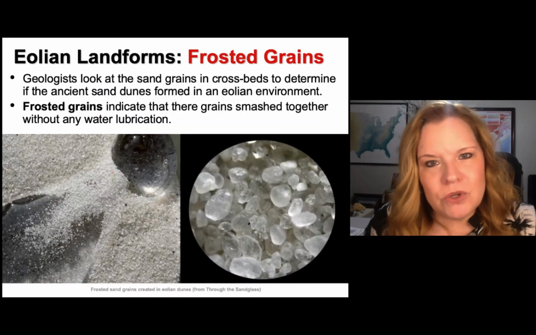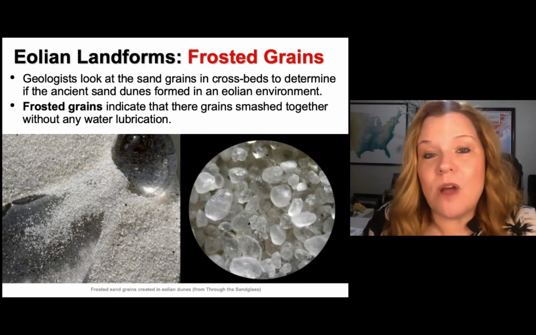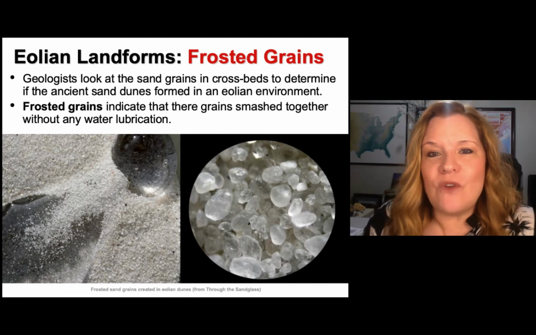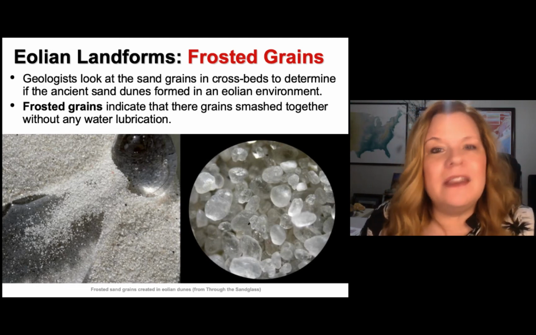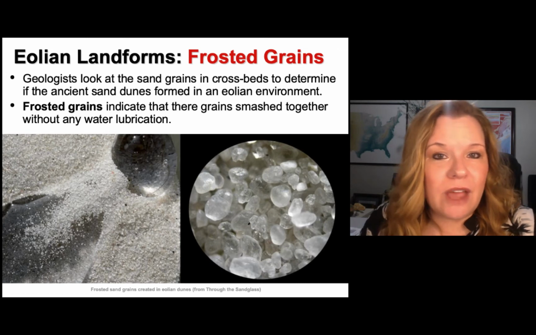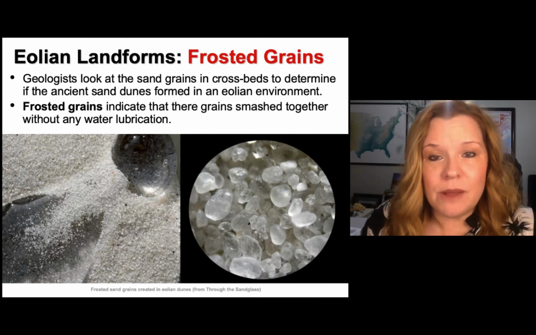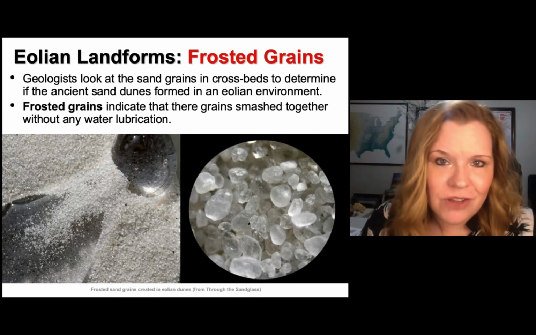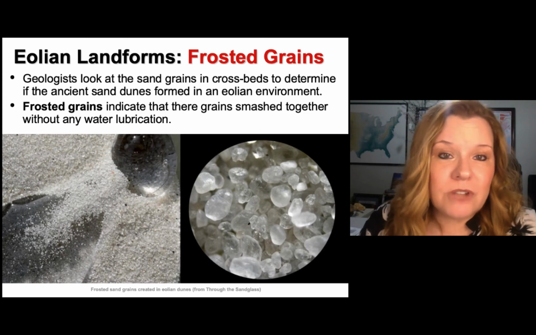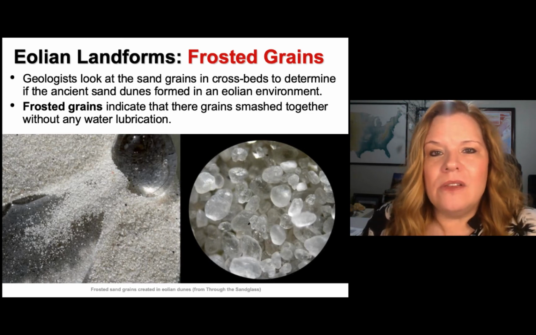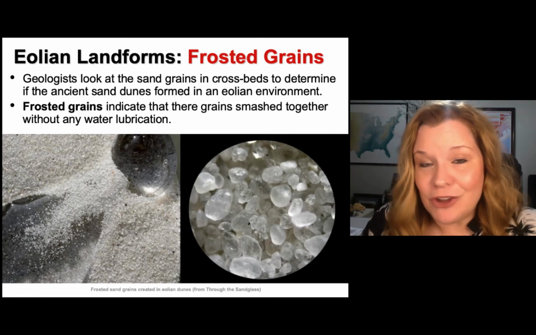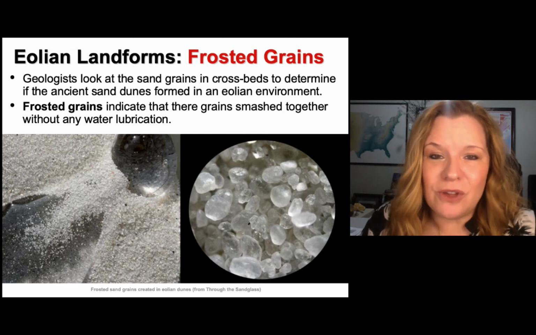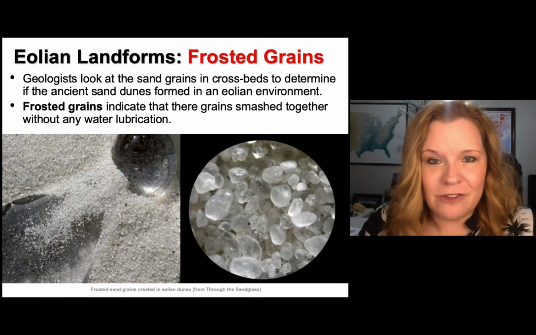Another thing that we can do to determine what type of rock we have in dunes is to look at the sand grains themselves. So frosted sand grains indicate that they were made in dunes that were formed inland. And what do I mean by inland? Away from the beach. Okay, so they're like in interiors of continents. So we'll talk about Zion being in Utah. Just by its proximity today doesn't mean that it couldn't be at a beach line in geologic past. You should know by now that sea level rises and falls, so the coastline changes regularly throughout geologic time.